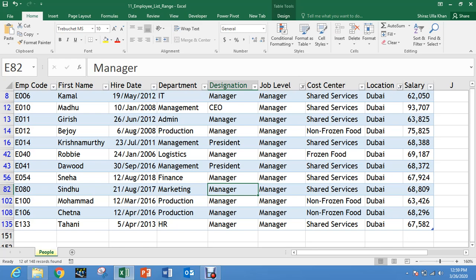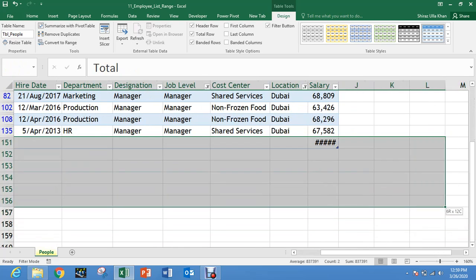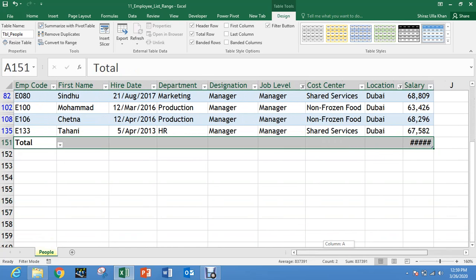Now to switch on the total row or the summarization row, I need to click on the Design tab. Now in the Design tab, you will have a command called Table Style Options. In the Table Style Options, I will check this option called Total Row. The moment I check this Total Row, you can see a summarization row coming at the bottom of my data, which is called the total row. I am highlighting this. You can see this is my total row. Okay. And by default, Excel has given me the sum of the salary column,